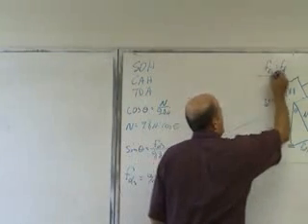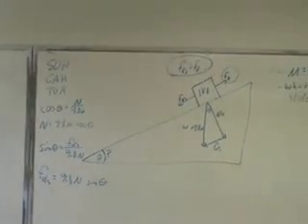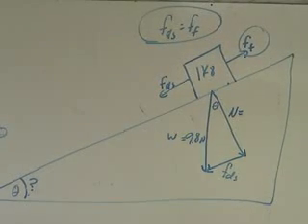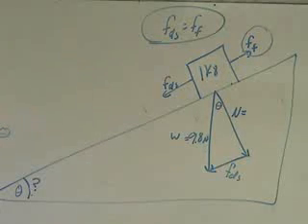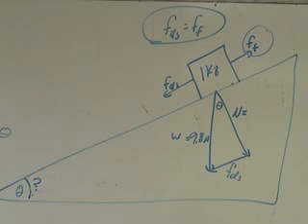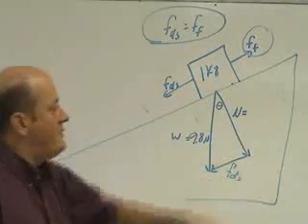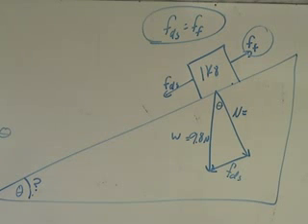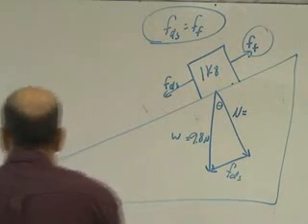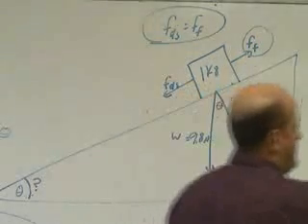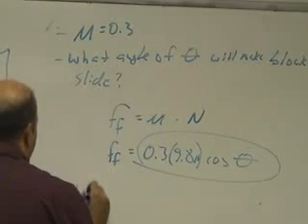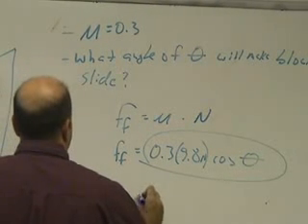But we've got this relationship up here. FDS is equal to FF. We've got FDS and we've got FF. So what do we have? We've got three equations and three unknowns. We've got FDS, FF, and theta. We can solve this. So all we got to do is set this FDS equal to FF. So this here is equal to this here. So 9.8 newtons times sine of theta